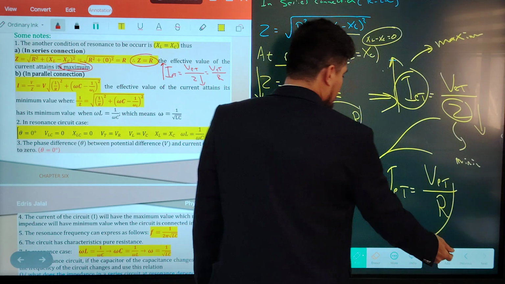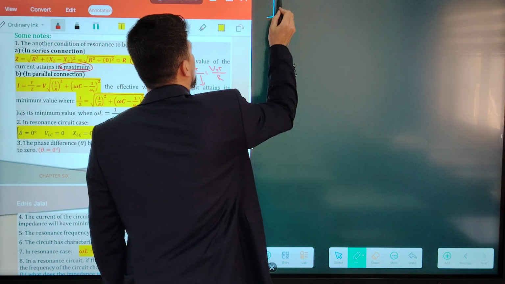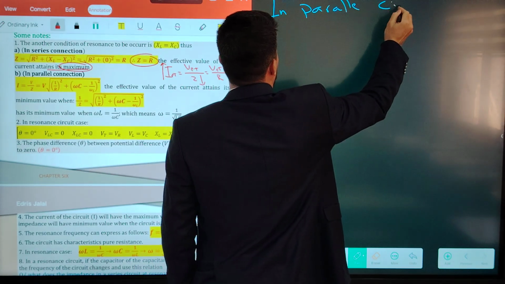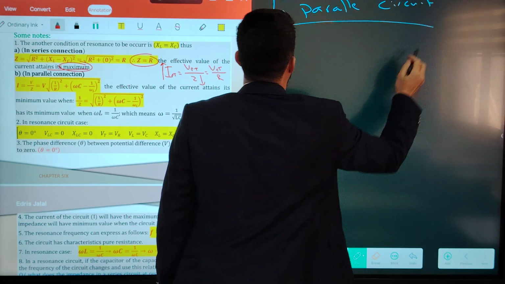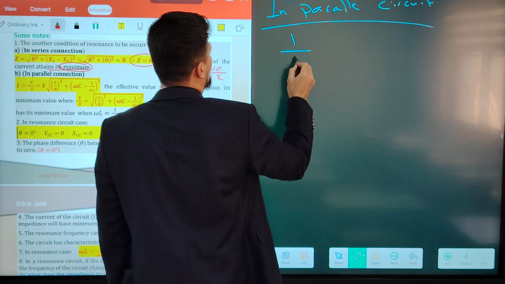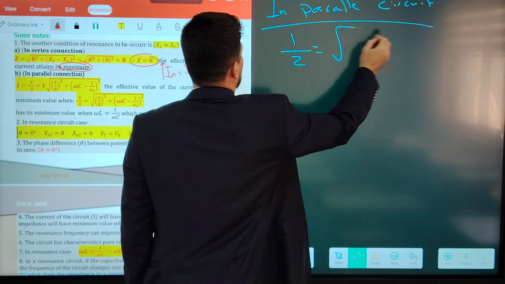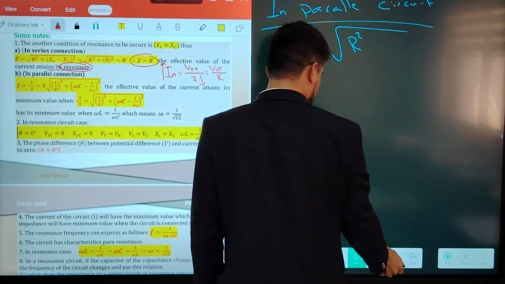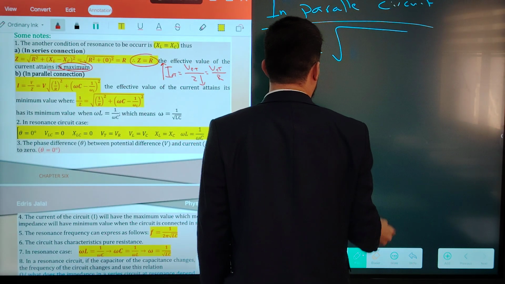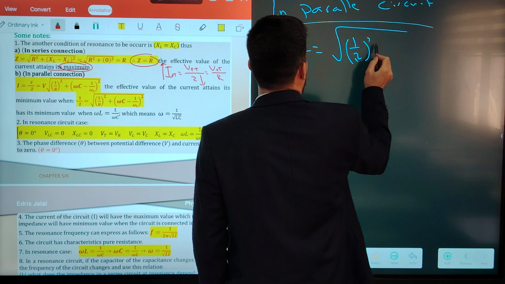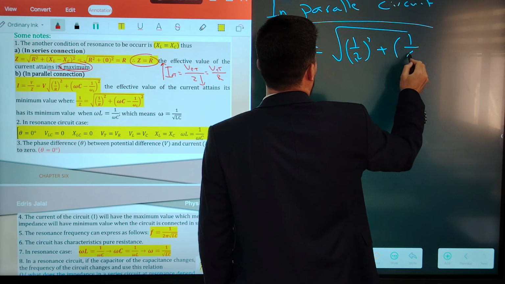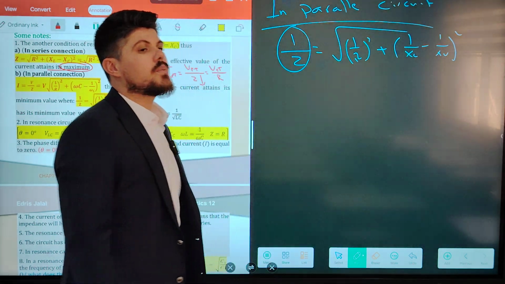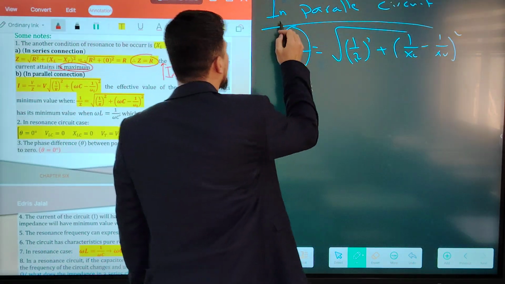Okay? But in parallel circuit, if you remember, we know that 1 over Z is equal to what? Is equal to the square root of, okay, the equation, 1 over R squared plus 1 over XC minus 1 over XL squared. The situation is completely different in parallel circuit. In parallel circuit, guys,